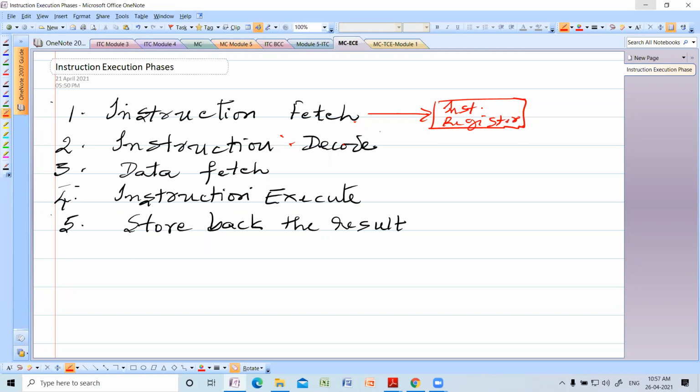After the instruction register, it is copied into the instruction decoder.